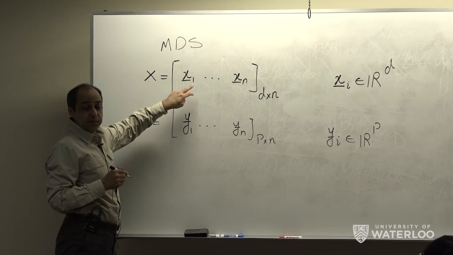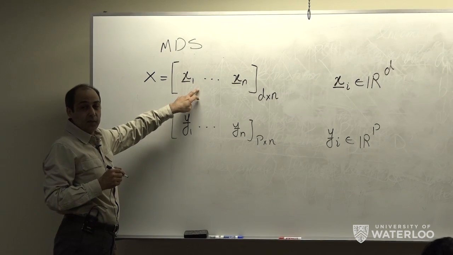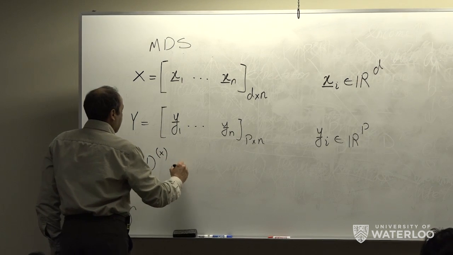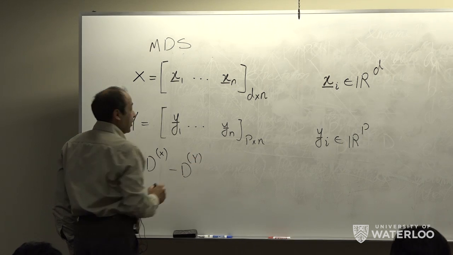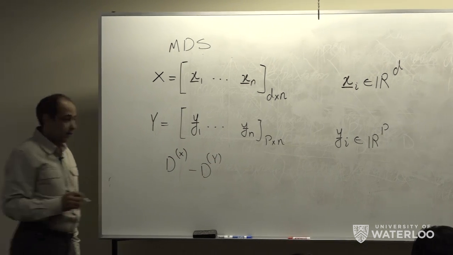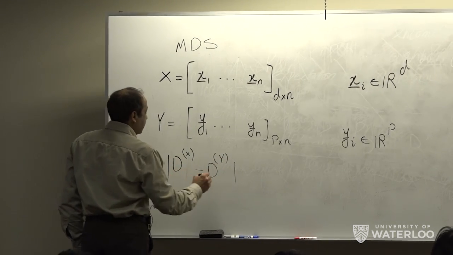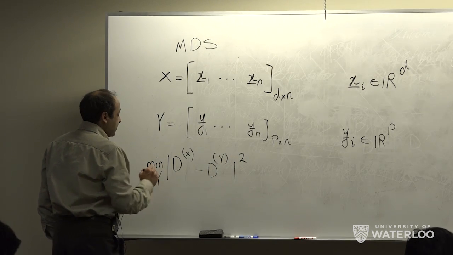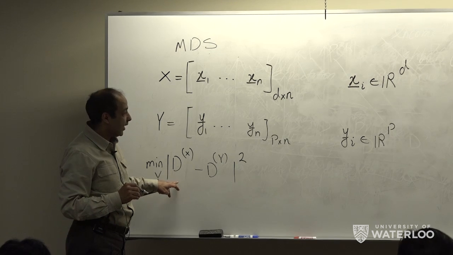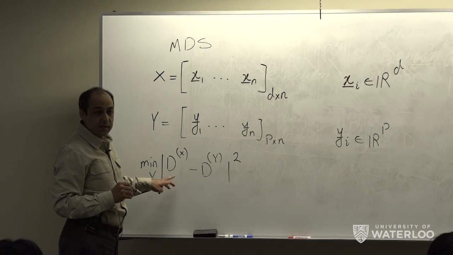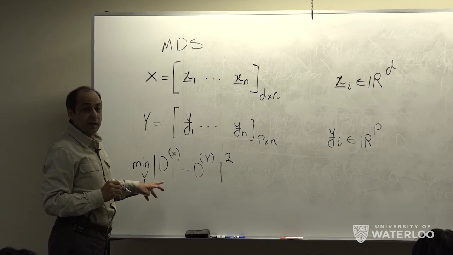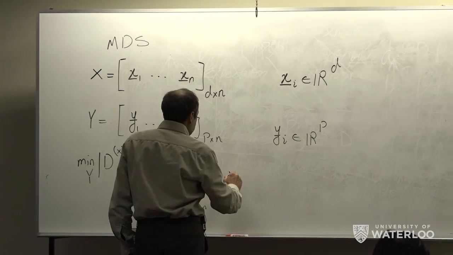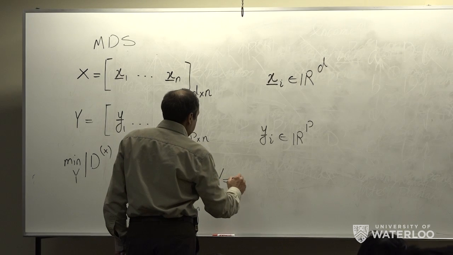The approach of multidimensional scaling, or to be more precise, metric multidimensional scaling, is to compute the pairwise distances between all points in domain X and try to find a configuration in Y domain such that the pairwise distances in Y domain are as close as possible to pairwise distances in X domain. So that was the problem that in the first place we tried to solve, and we learned that the final solution is